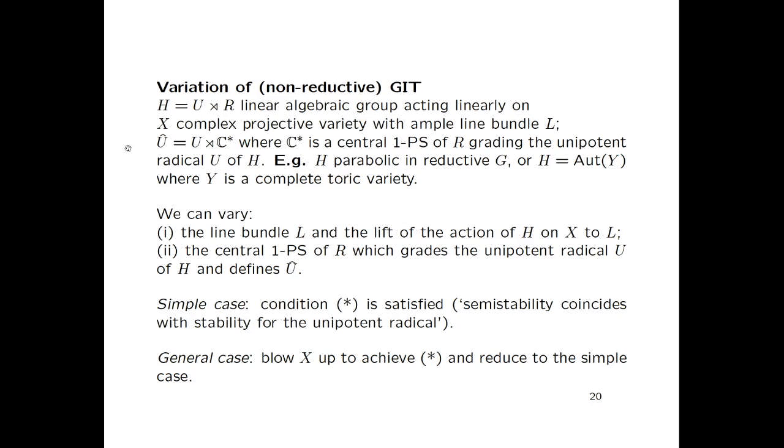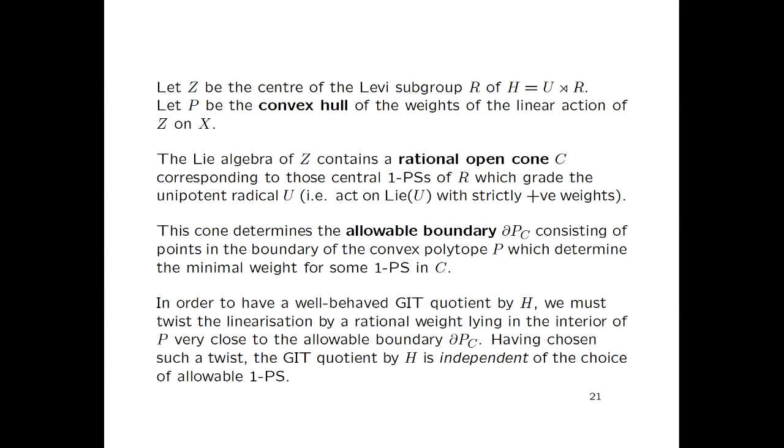If we fix the central one-parameter subgroup and just vary the line bundle and the linearization, then essentially we have the same theory as in the classical case, and we can understand what's going on there. But the new situation is the possibility of varying this central one-parameter